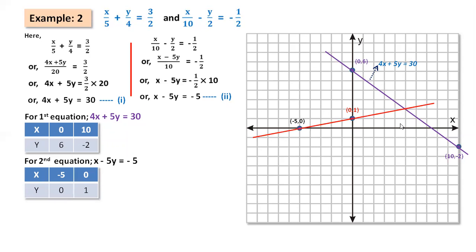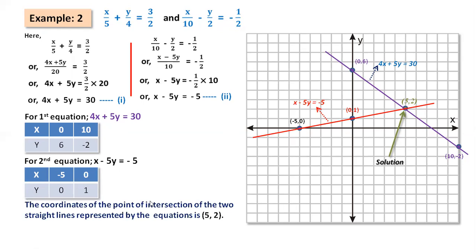You will get this line, and they will intersect here. They are intersecting, look here, at 5 comma 2, 1 2 3 4 5 and 1 and 2. They are intersecting at the point 5 comma 2. That 5 comma 2 is the solution for these two equations, and they are cutting each other at the point 5 comma 2. Then the x value is 5 and the y value is 2.